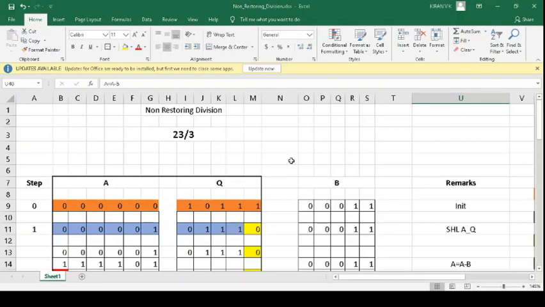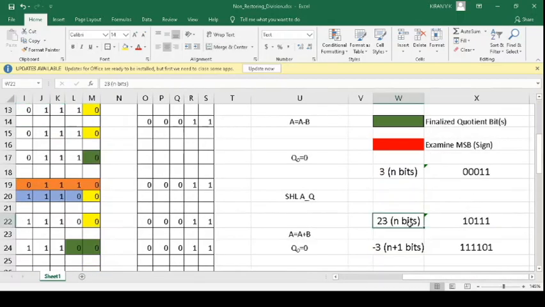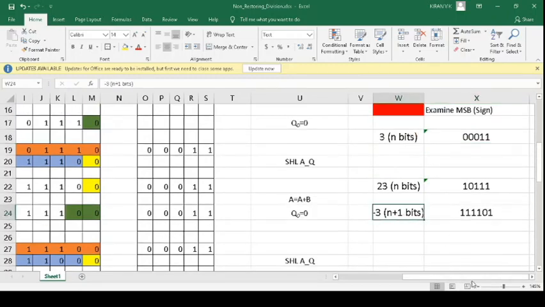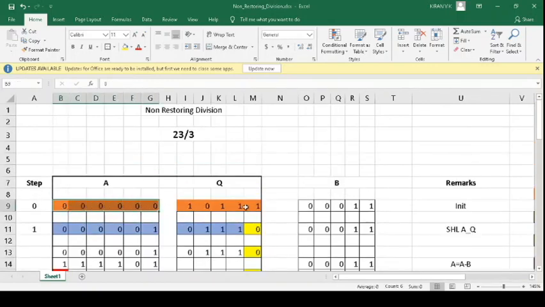In the previous videos, we have seen the table structure and how to represent the operands and rules of non-restoring division. So, we will now see an example of how to perform non-restoring division using 23 and 3 as operands. Here the dividend is 23 and the divisor is 3, and as told earlier, 23 is represented in its 5-bit format. 3 too has to be represented in its 5-bit format, and minus 3 has to be represented in its 2's complement format, and for easy use it has to be represented in the size requirements of A, which has to be in 6-bit format.